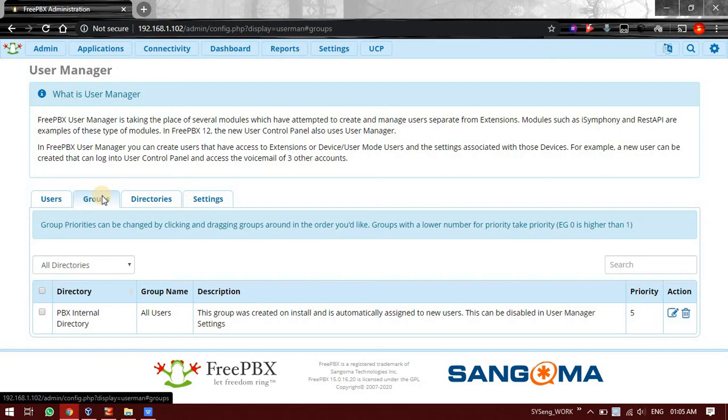You can think like you take a school. In the school there are class 1, class 2, class 3, and all those things. So you can consider class 1 is a group, class 2 is a group, class 3 is a group. Students who are studying in class 1 will all have the same book, the same teachers, the same syllabus, the same timetable and everything.